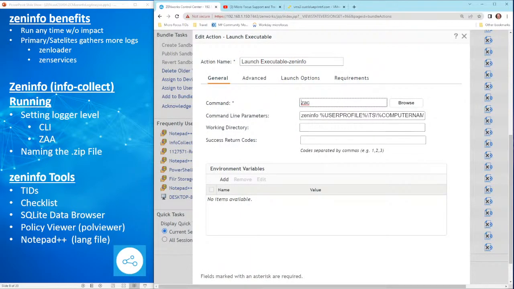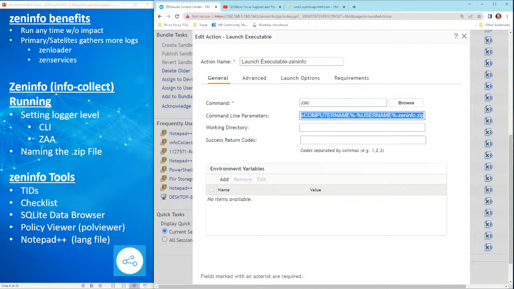And it's going to go to the user profile TS, and we also give it the machine name and the username in the file name, so that we can see who actually ran it and the computer it was run on,